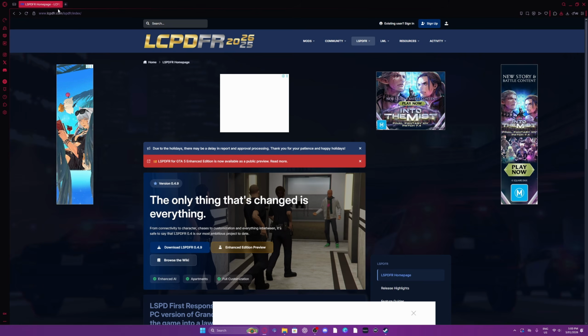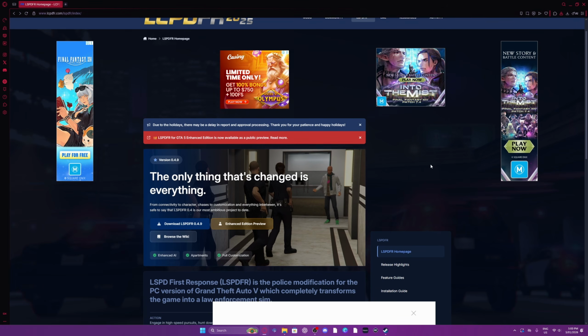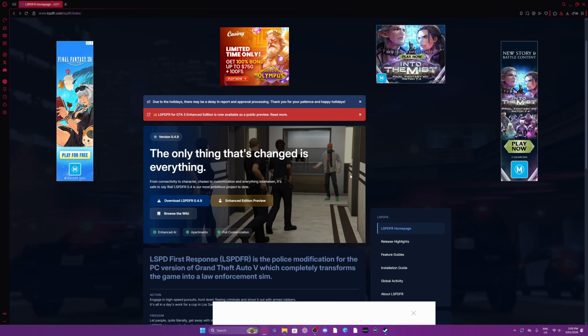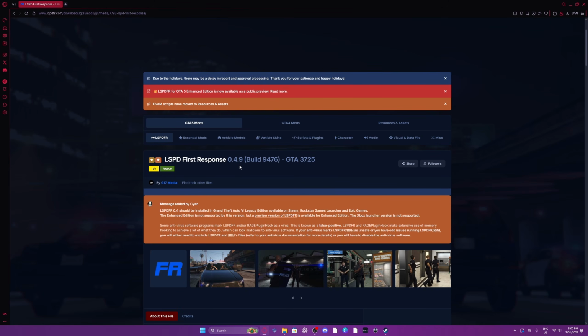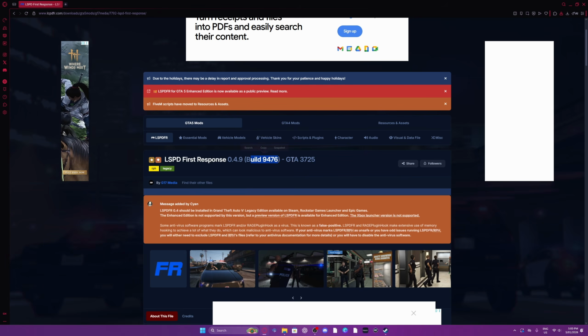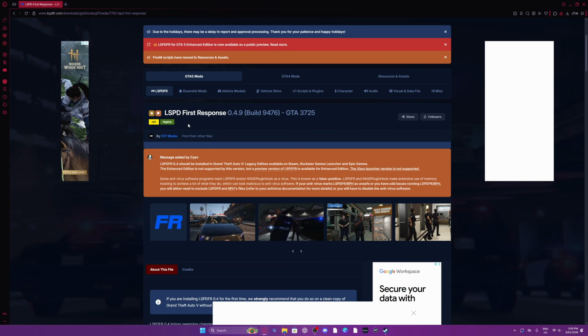If you just jump onto the LSPDFR website, it'll be on the home page: just download LSPDFR, and this one is 0.4.9. It has a build number there, has GTA there. As you can see, we are installing it for the Legacy Edition. The Legacy is the best for mod support and all that sort of thing, so I would definitely recommend Legacy